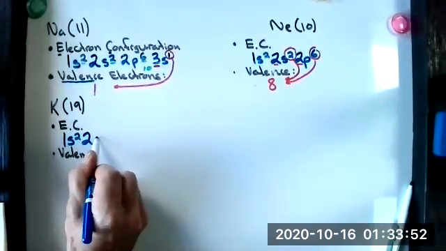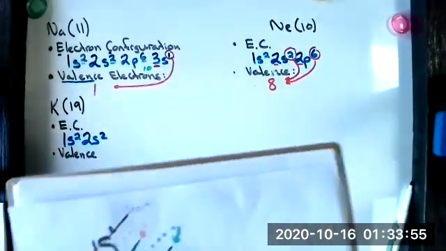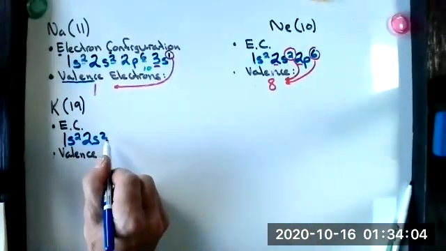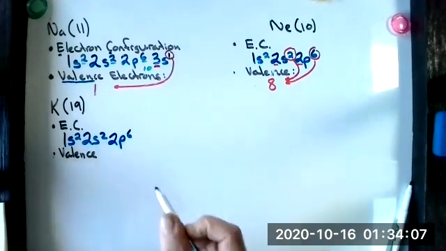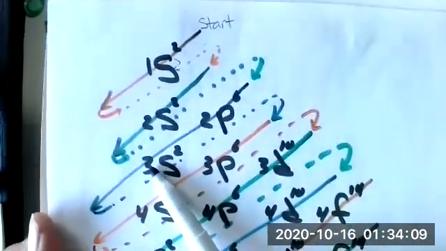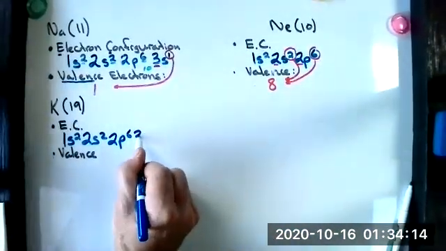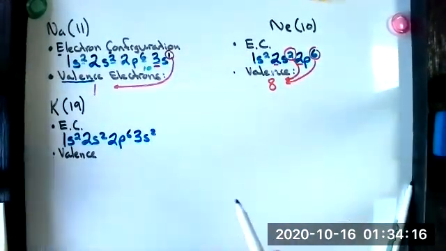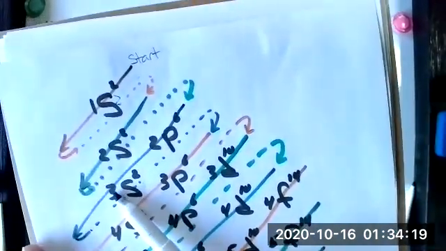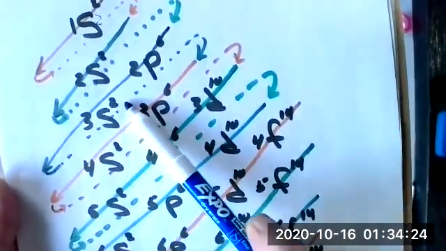This is the next guy I hit, 2s2. After my green line, I loop back around. Now I'm over here, and I'm going to go on my blue line. This is the next guy I hit, 2p6. After 2p6, I keep going, and the next one I hit in that line is 3s2. After 3s2, I'm out of my blue, and now I loop back around